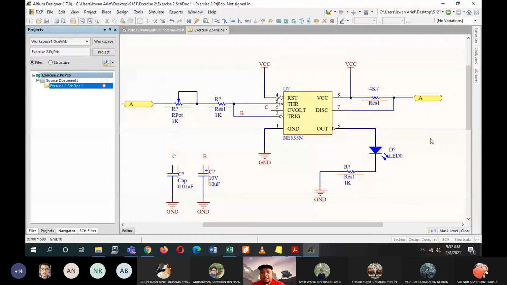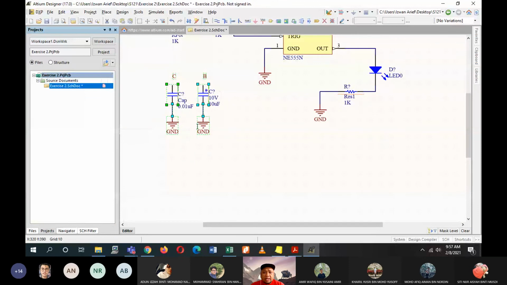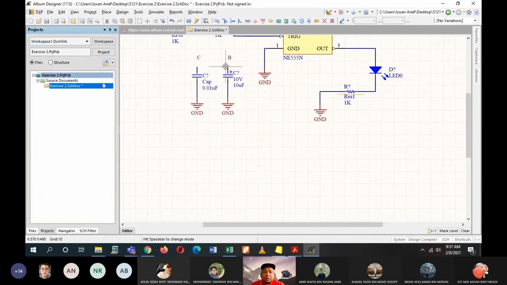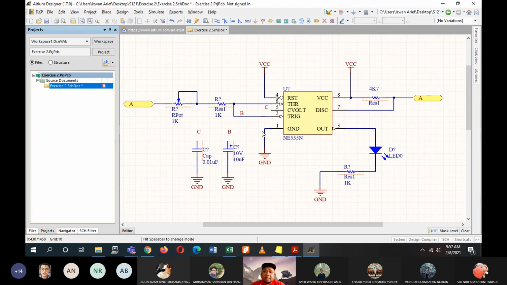So now, theoretically, the potentiometer and the 4.7K, which is connected to pin 7 of your timer, are connected together. If you look into the usage of these two, net and port, why we are using them is basically it helps in making sure that you have a neat circuit.